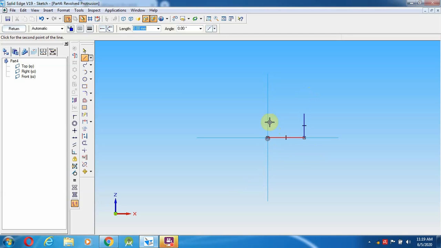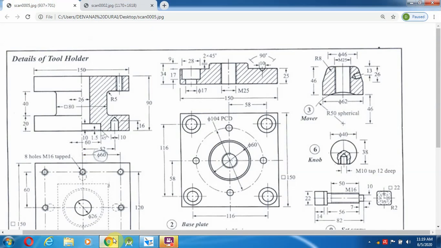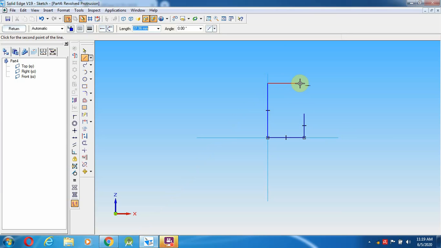Then from here I'm going to draw a line of 46 mm height. What is the diameter for this? The height is 46 and the diameter is 46, which means a 23 mm line.